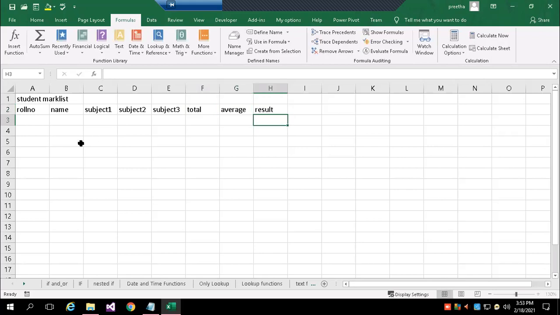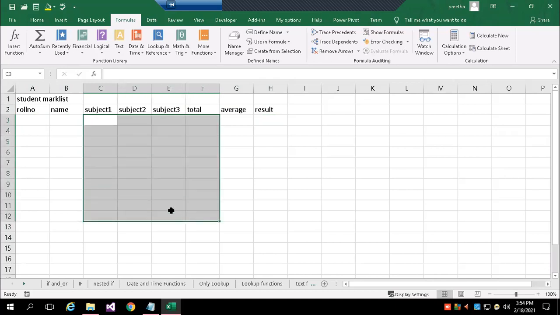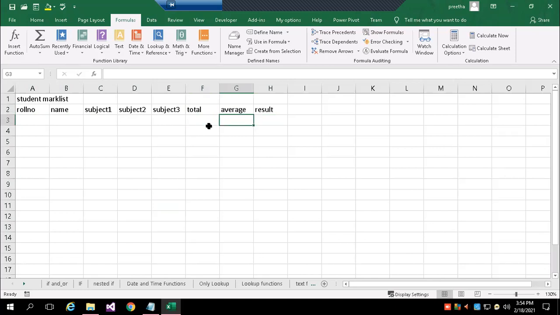So today we have discussed the if function. Based on that, enter at least 10 records of students, enter names, and in the same way fill the marks within 1 to 100 for all the students. For 10 students you enter the marks, then using formulas you find out total and average, then using the if function you find out the result, where all the 3 subjects should be above 40.